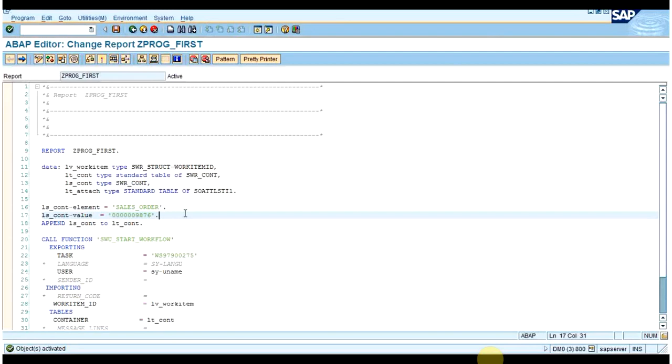So ls_cont element is equal to sales order.